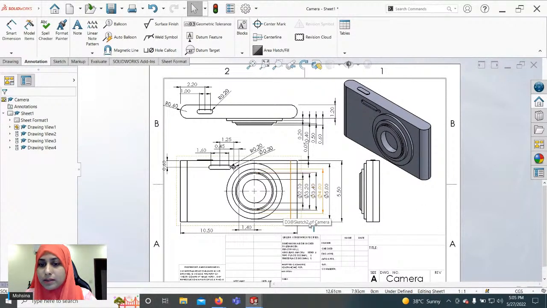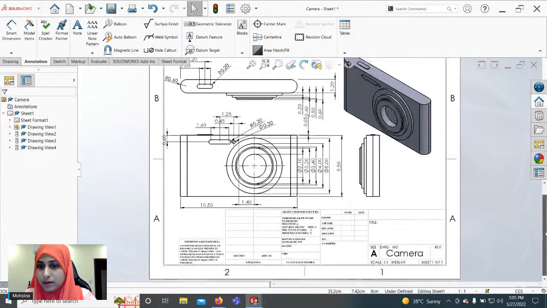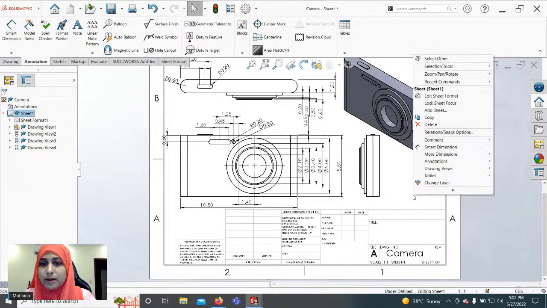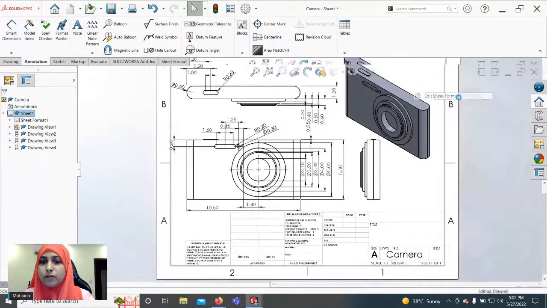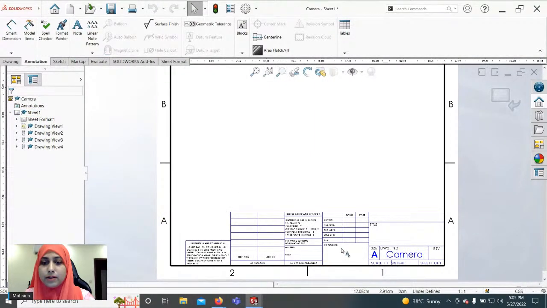So another thing, you can see that there's a block here which says the drawing is camera. If this is something that we want to share with our client, this shows information regarding the model. For this, right click on the drawing, go to edit sheet format, and here the title block, this section which is called the title block, gets editable.